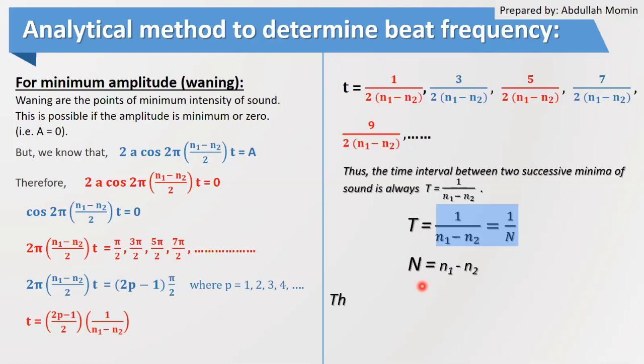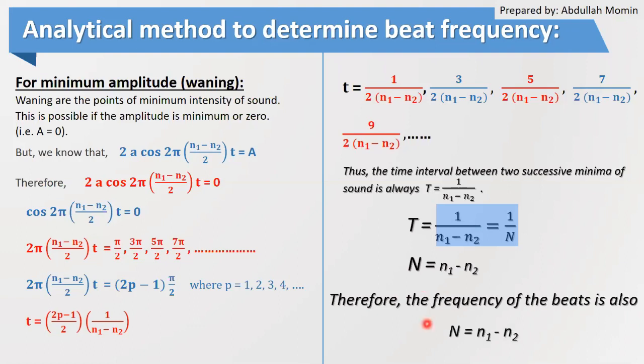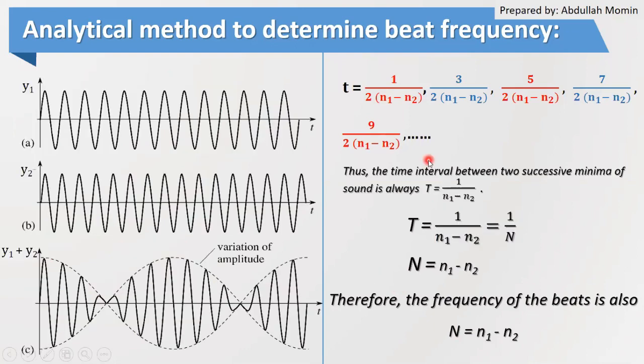So the frequency of beat is also the same, and it is equal to n = n1 minus n2. Now, in order to understand how the frequency of maxima and minima is the same, and therefore the frequency of beat is also the same,